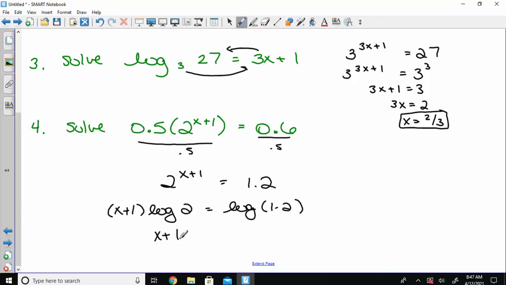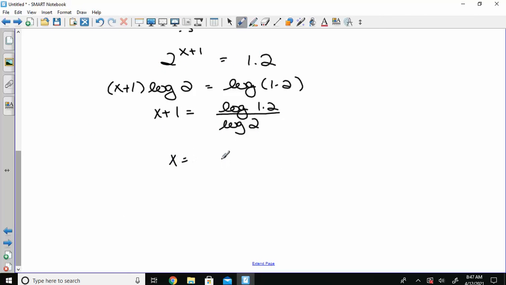So we can divide the log 2. And subtract our 1. We get a negative 0.73696, so that would go to